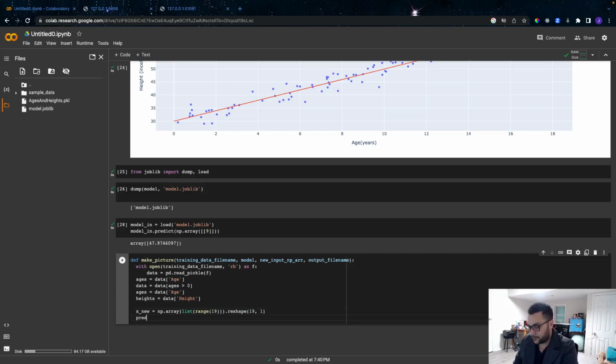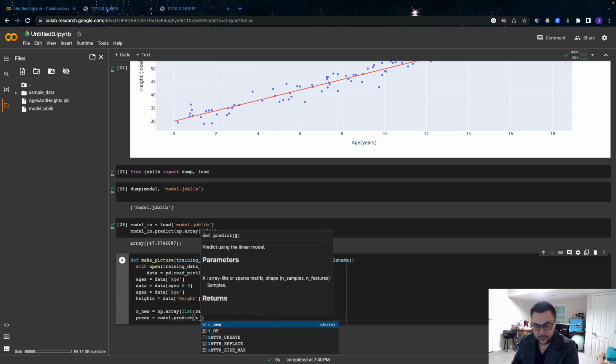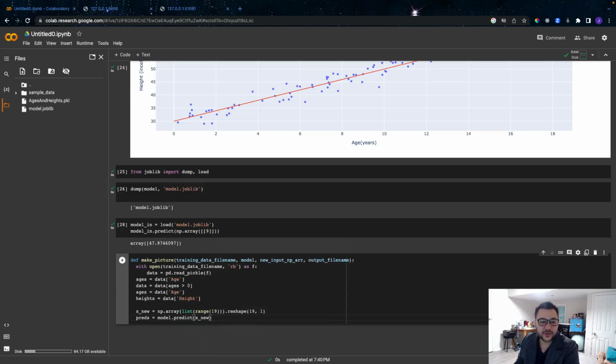We have our predictions. This is going to be our model. This model is the one that we're going to get here. When we call this function, as an input we have to add that model, and this model is going to predict x new. So far we are just having this graph here,